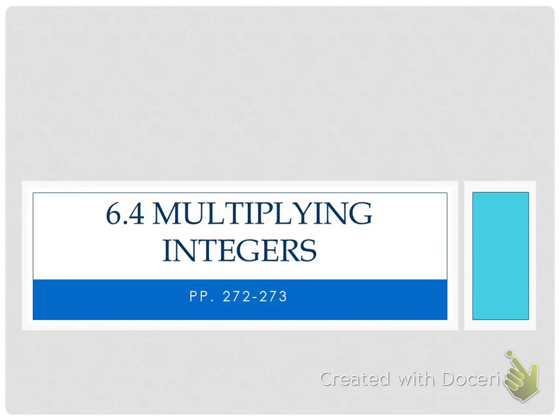Okay, in 6.4, we're learning how to multiply integers. So we're on page 272 in our books. Now, when we were adding and subtracting integers, we went by the rule, same sign, add and keep, different sign, subtract and take. Those rules only apply to adding and subtracting integers. For multiplying and dividing integers,